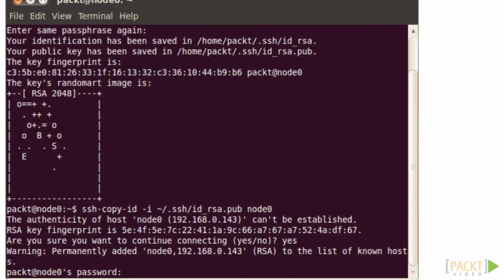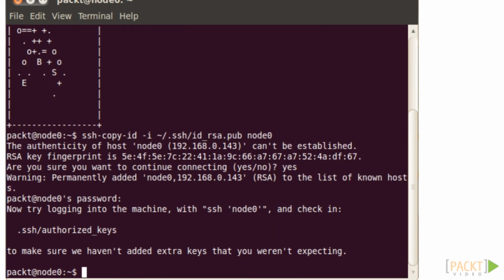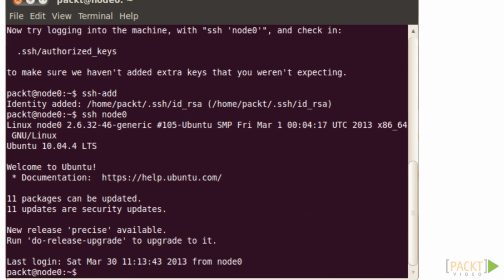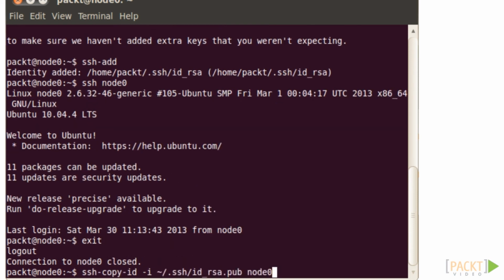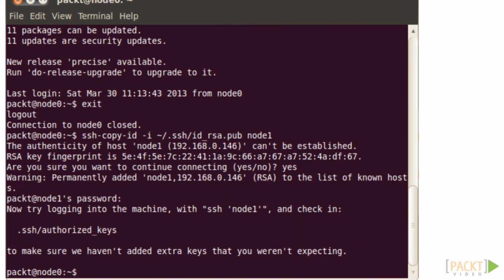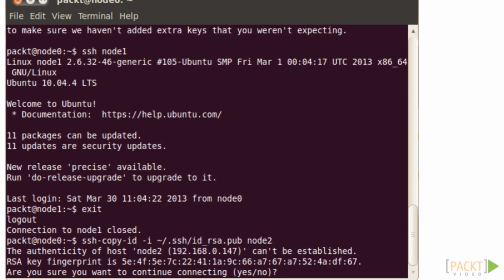Type yes to continue, enter the password, then add identity by ssh-add, and test login by ssh node0. Great, it works. Exit Node 0's SSH. Repeat the above steps to copy the public key to Node 1, test login to Node 1. Alright. Then Node 2, test login,